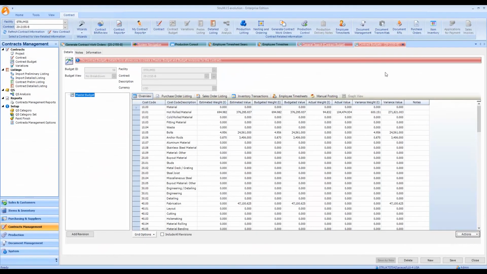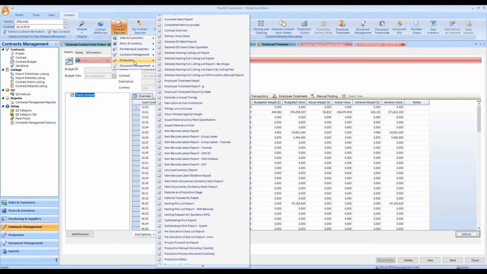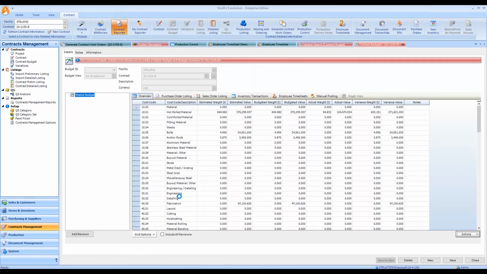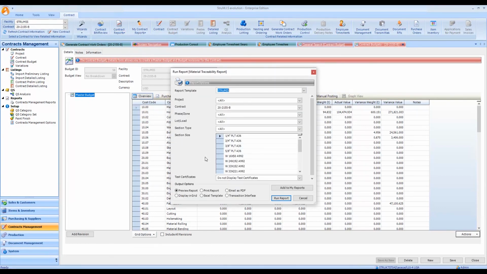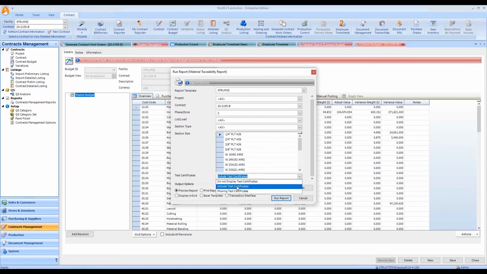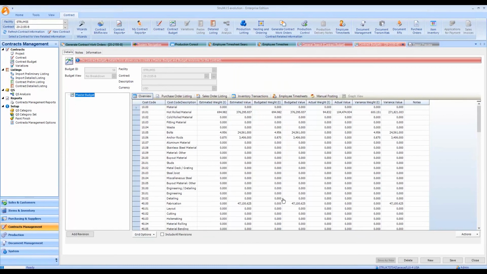And to finish off, we're going to take a look at our material traceability report. As I have some cut items, I'm going to go to my contracts report, go to production, and I'm going to run my material traceability report. So I'm going to run the report for my phase 2, and I'm also going to include my test certificates to see our new enhancements in 10.4. So if I run that report,